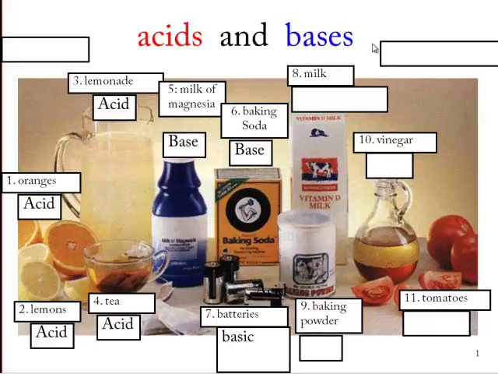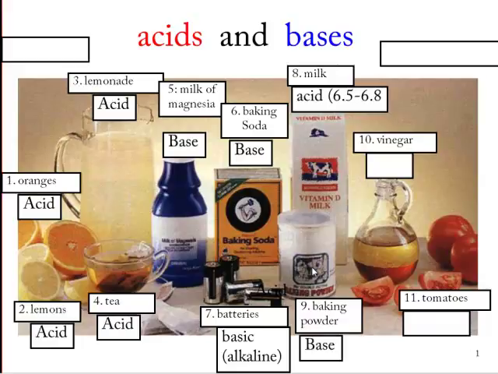Milk is another surprise. I would have guessed basic because it seems a little bit soft, a little bit slippery, but in fact, milk is a weak acid, pH 6.5 to 6.8, since it contains a little bit of, for example, lactic acid. Baking powder, scientists call that sodium carbonate, is a little bit stronger base than baking soda, but